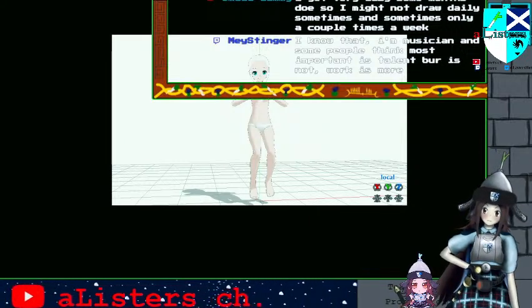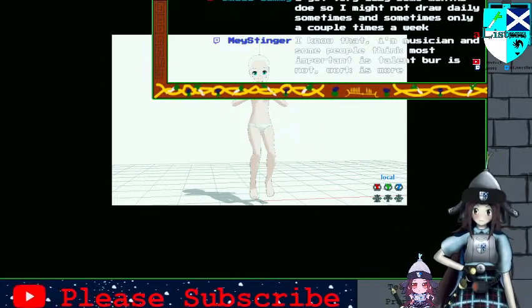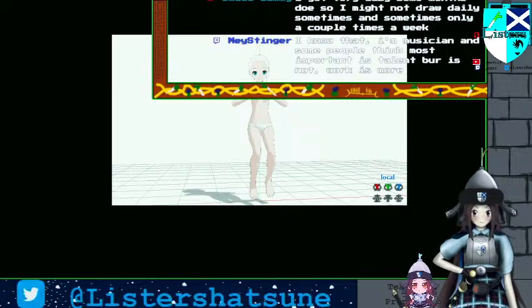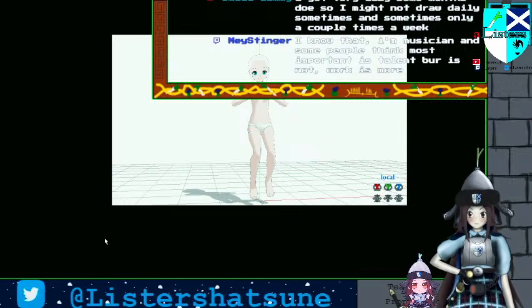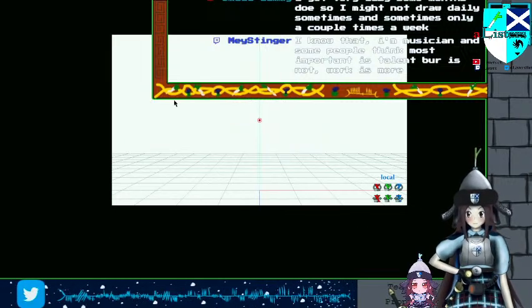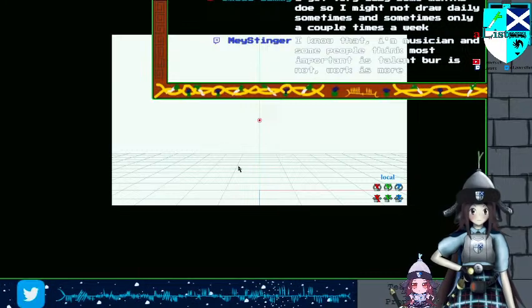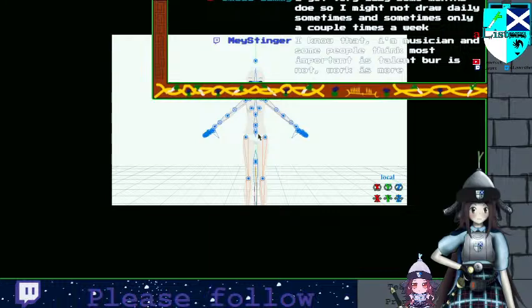And then the last one should be Miku. Right. Maybe I shouldn't have deleted the first one because I needed to do the normal sized one again. Right, okay.